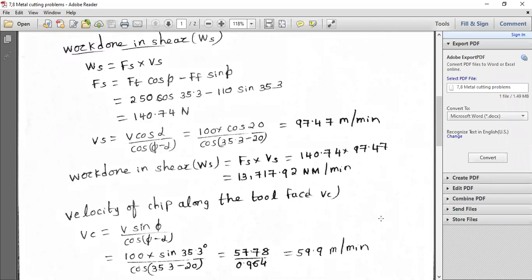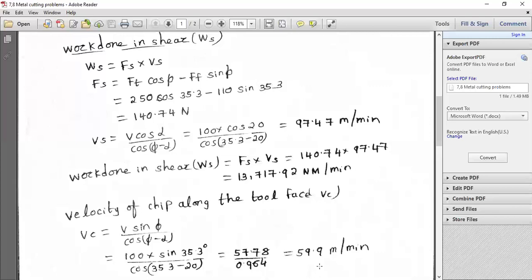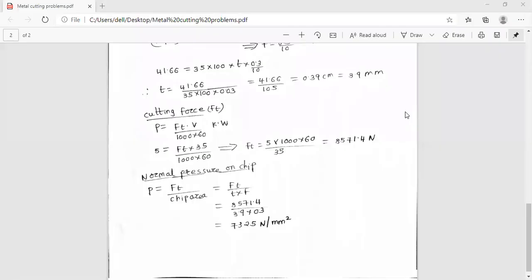You have to derive them from the fundamentals, that is the merchant circle diagram. It is also known as the merchant force diagram, or in some textbooks it is given as merchant's analysis. So today, what we have discussed, we'll try to see again, before I switch to the next topic. The first two problems you might have missed due to some disturbance in the bandwidth, so just try to go through those.